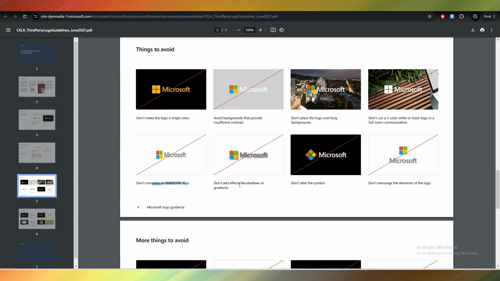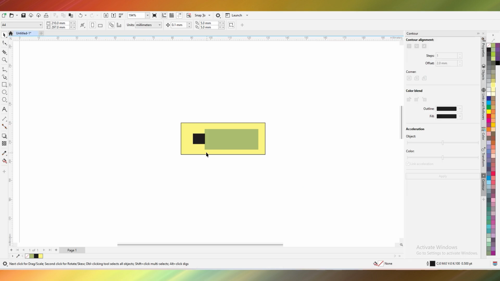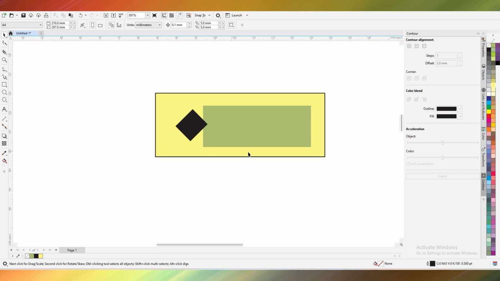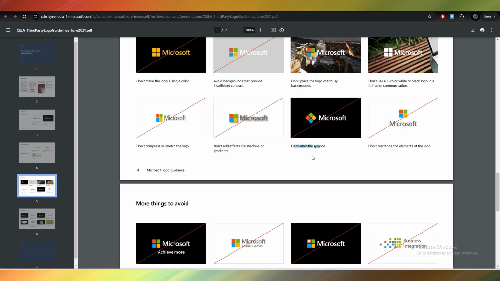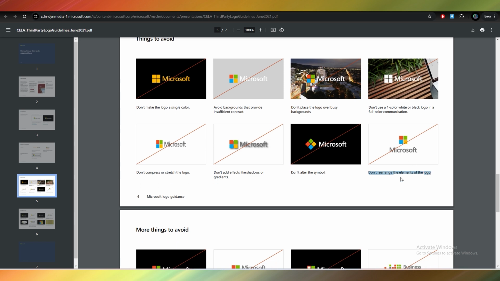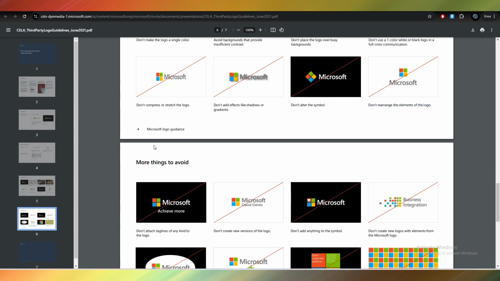And don't add effects like shadow or gradient. Don't ever use shadow or gradient on the logo. Don't alter the symbol. Hope you understand. That means don't rearrange the elements of the logo. Got it?